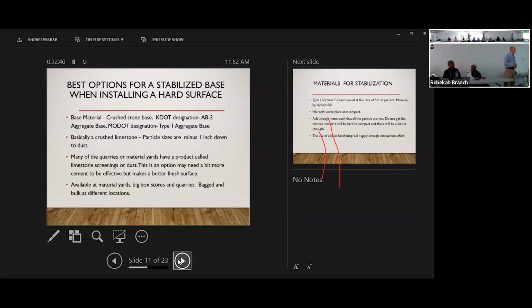And so there's another base, by the way, MoDOT refers to this as a Type 1 aggregate base. That's on the Missouri side. This is a material they call dust. Some of the material yards have it. The only one I know that I get it from is one out in Lake Lotawana they call Riverview Stone. And you can see it has the stone in it,